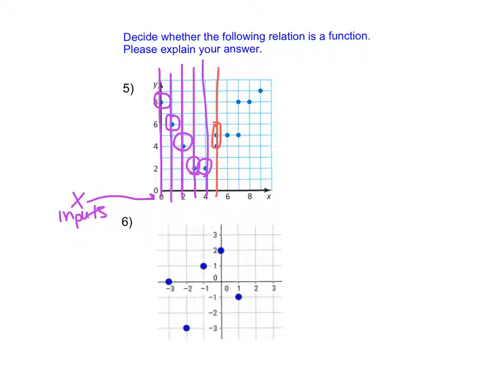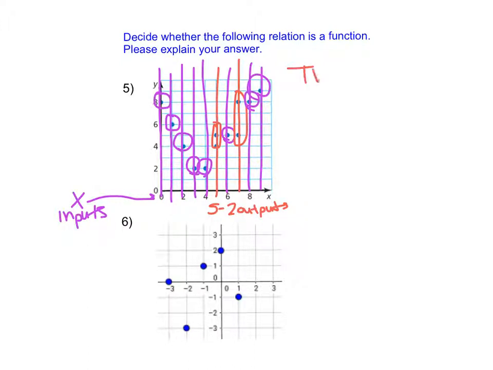What happens as I keep going is as I get to 5, the input of 5 has 2 outputs. That's a problem. So 5 has 2 outputs. And then if we keep looking, we'll notice input of 6, 1 output. Input of 7, again, has 2 outputs, so that's a problem. Input of 8 has 1, input of 9 has 1. So what we would state here is that this is not a function